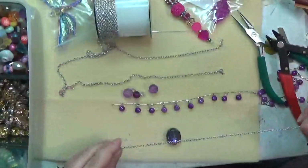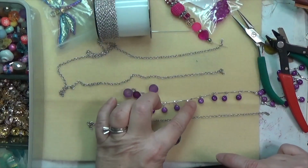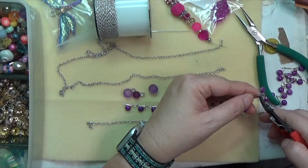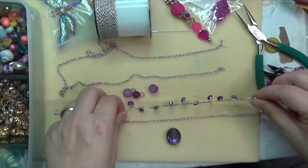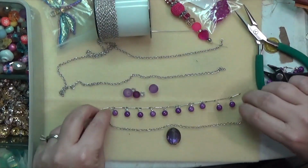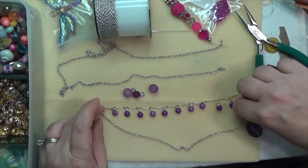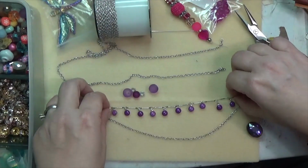All right, so I have a piece of chain already cut that is slightly longer than what I want my enamel chain to be. This enamel chain is from Jesse James Beads. It is super awesome, but I decided to have 10 of those little enamel drops hanging down. I thought that was just kind of a perfect length, and I'm keeping it an odd number because I don't want there to be a center enamel chain charm hanging down, because I kind of want the central pieces to be that top layer and the bottom layer,